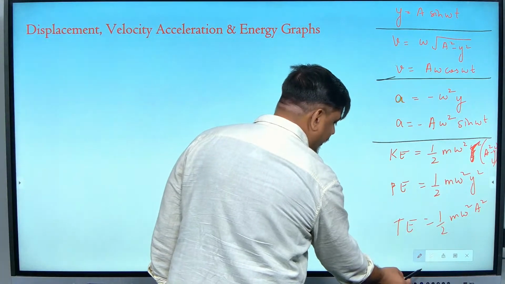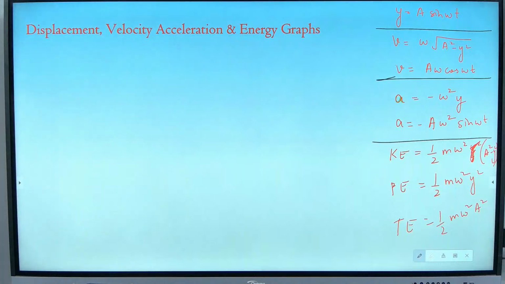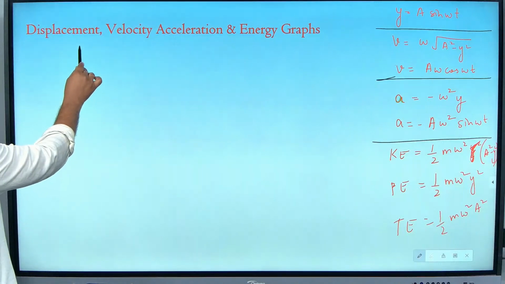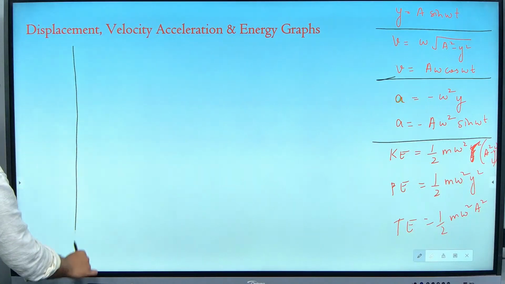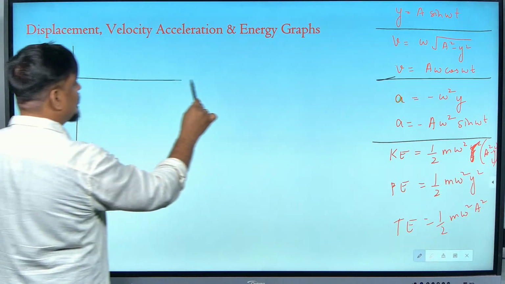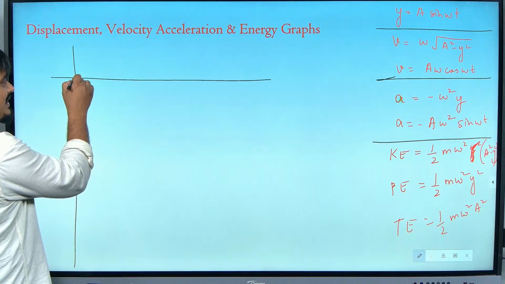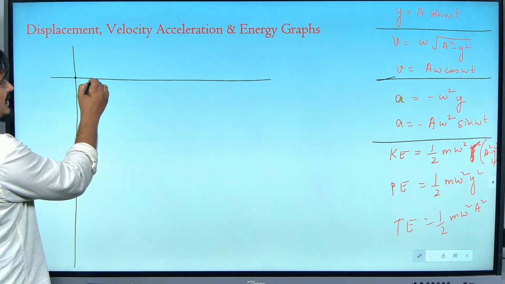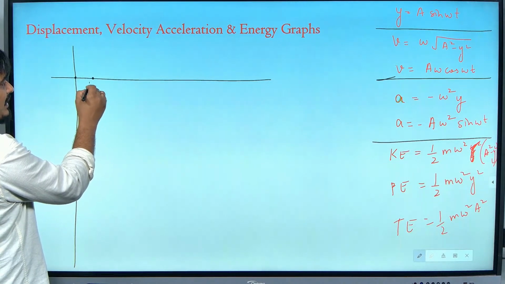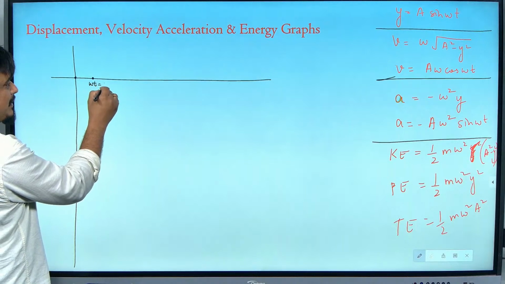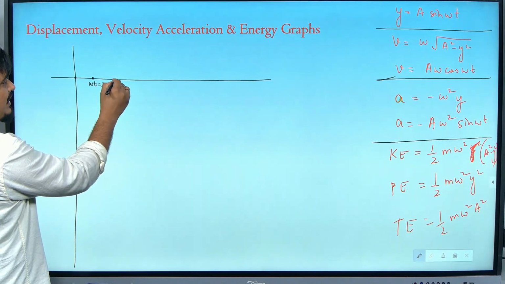Now drawing a graph. Very calmly, patiently, I will draw all these 6 graphs. It takes time. So I will divide everything into the extreme and mean positions. First, the time point is omega t equal to 0, then omega t becomes 90 degrees. Here I am writing omega t as pi by 2. Then I am writing omega t as how much?